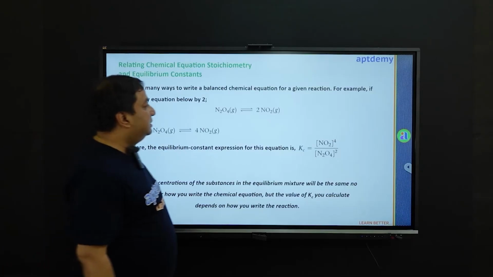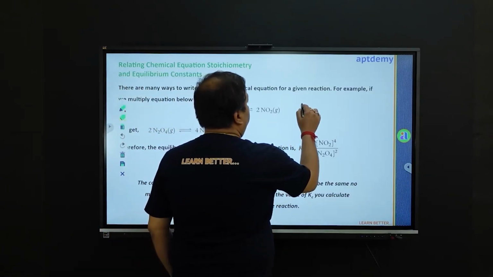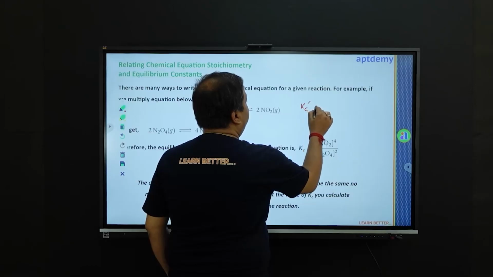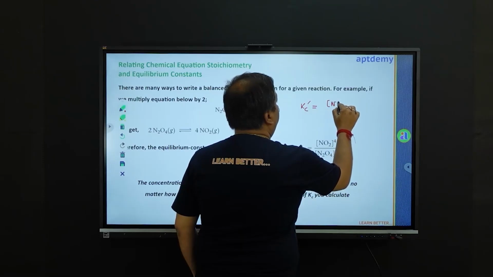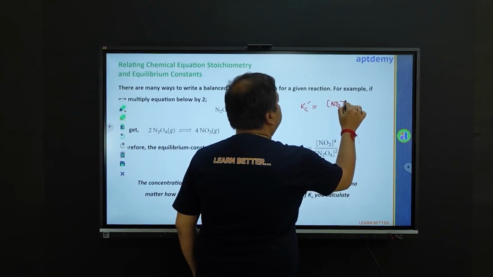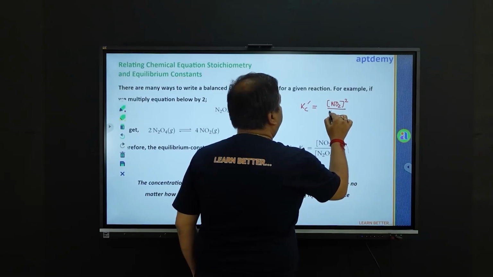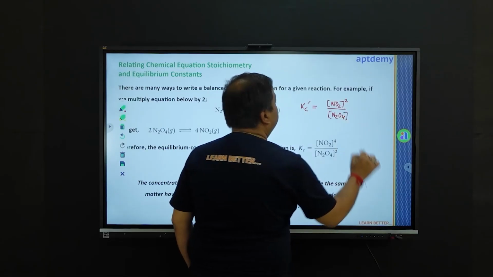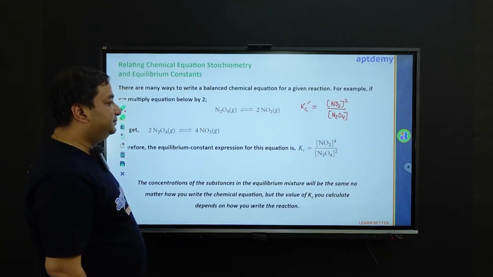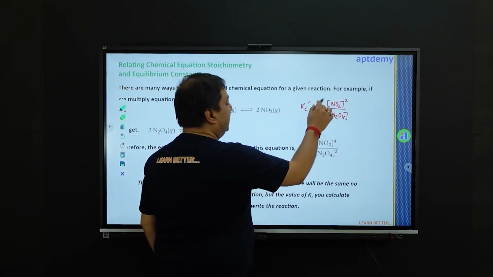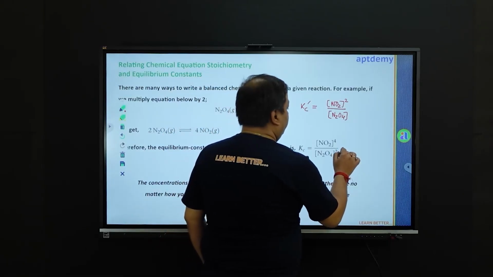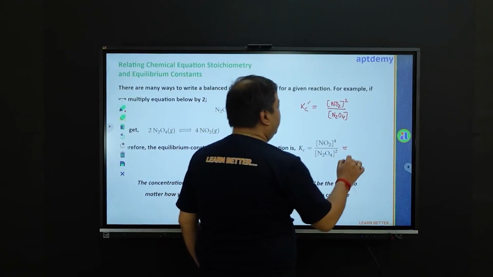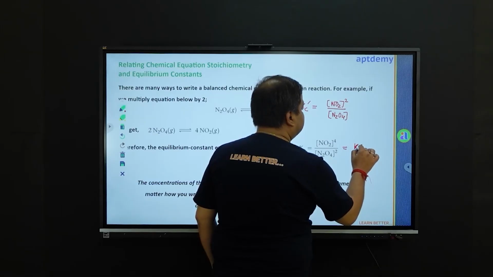So now for this, let us write the Kc as Kc prime, and that would be, we will say, the NO2 gas concentration raised to the power 2 above the concentration of N2O4 raised to the power 1. So if we try to relate Kc prime with Kc, we will say Kc will be equal to Kc prime